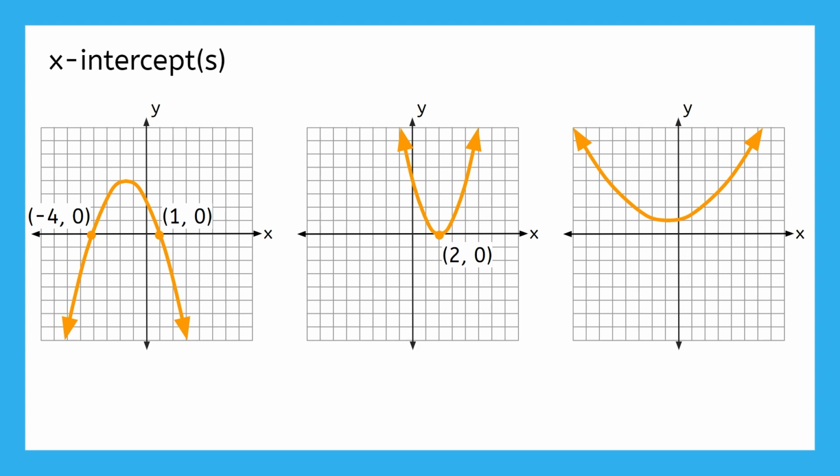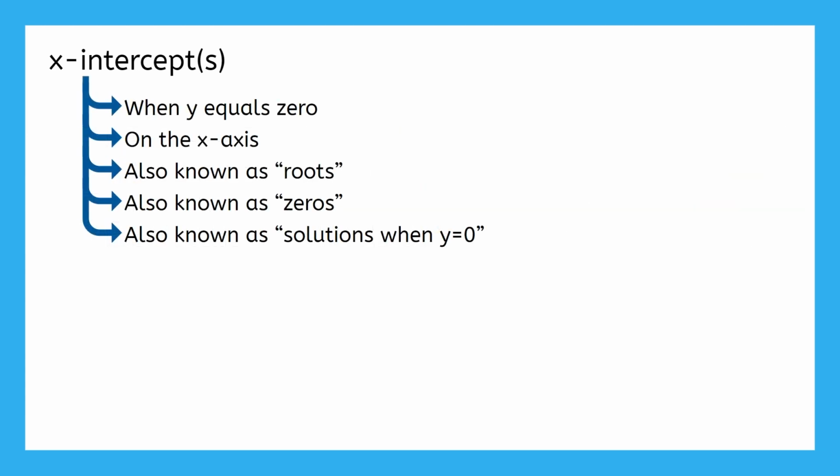You may have noticed that the third graph didn't have any x-intercepts at all. This is a great observation. Based on what you found on each of these graphs, how many x-intercepts do you think a quadratic function can have? Yeah, a quadratic function can have 2 x-intercepts, 1 x-intercept, or none at all. This is something we can add to our description from earlier. A quadratic function can have 0, 1, or 2 x-intercepts.